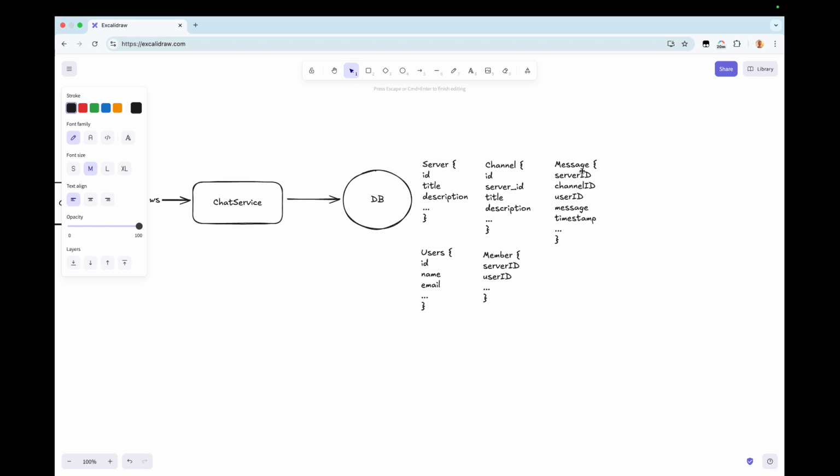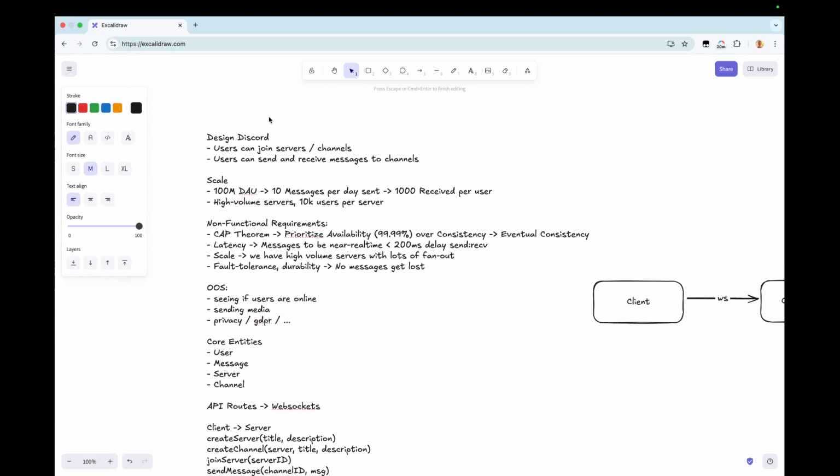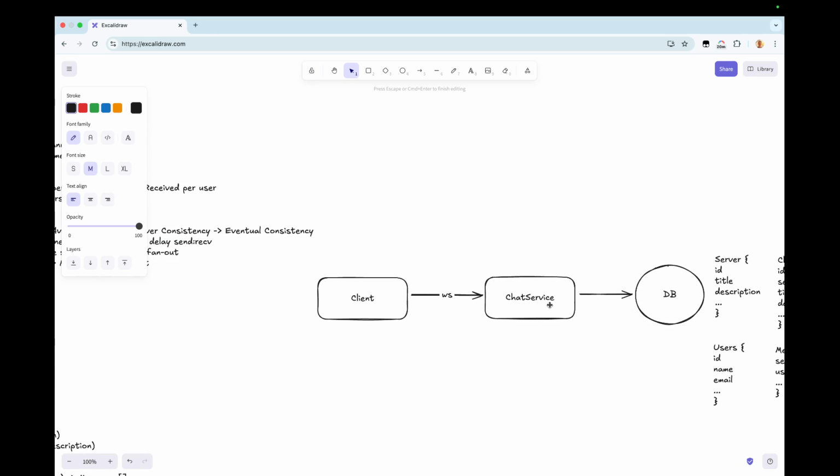And then we will essentially insert this message into our messages table in our database: this particular user has written this message at this particular time. So now we need to focus on, we figured out how to send messages. How do we actually get those messages to the other users?